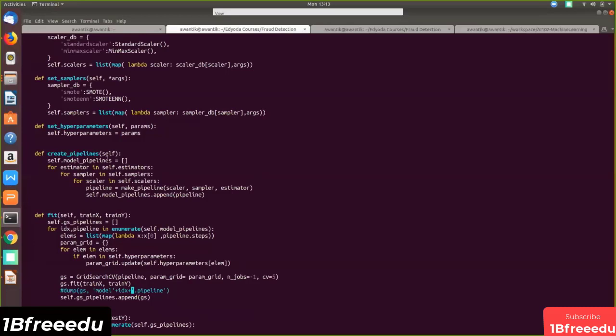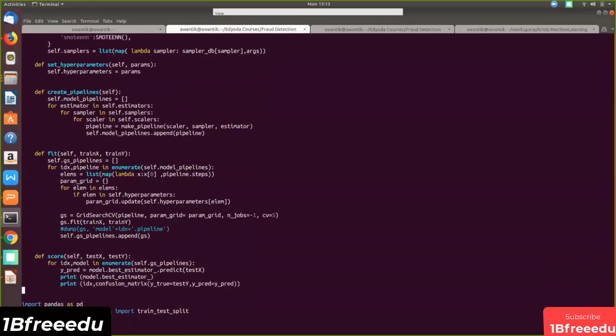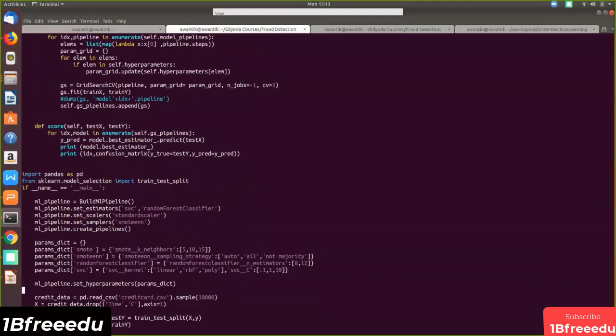If we execute this piece of code, this is how we will be doing it. This is the test piece of code. Always write a class, and in the same class write the test piece of code. It's a little easier to test when you're doing the development activity. In set estimators, you have SVC and random forest classifier. In set scalar, you have this, right? This will invoke all those functions, create the lists, and eventually you have create pipelines.